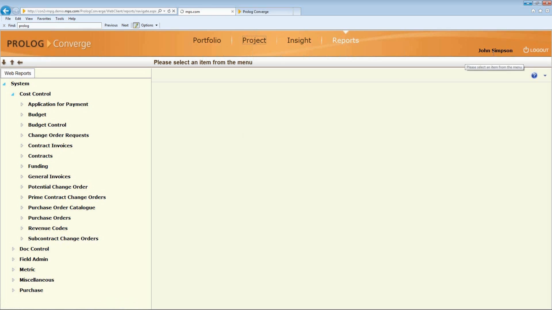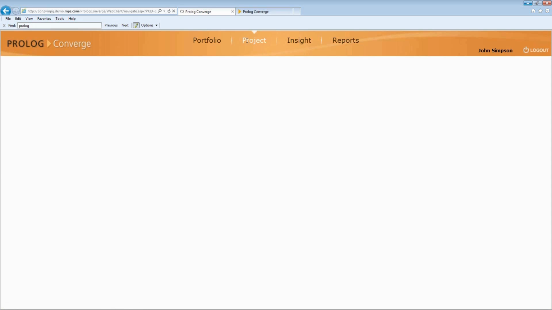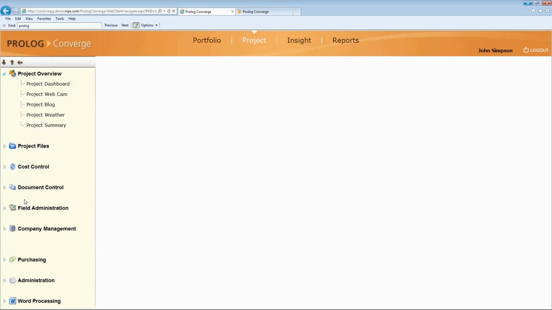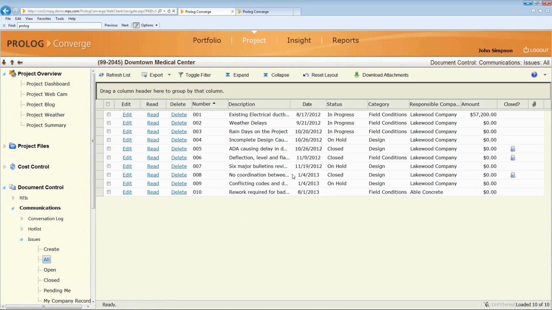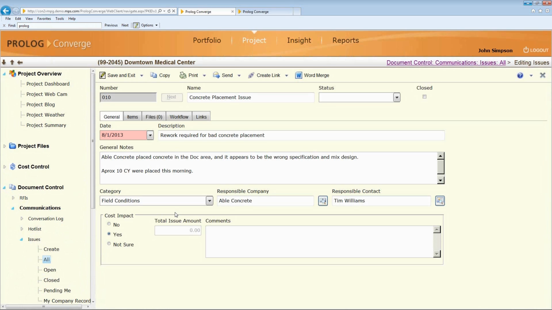So I'm going to go back into my project. Again, I'm logged in as a project manager. And I'm going to access what we would call an issue within Prolog. Now, an issue is a document that allows us to create a critical issue. This is something that hasn't become a change order yet, but it's something that's happening on the job that I want to start getting my arms around and putting all the information together and protecting myself from a claim, or if I need to hand this over to a potential change order, I can gather all the information related around